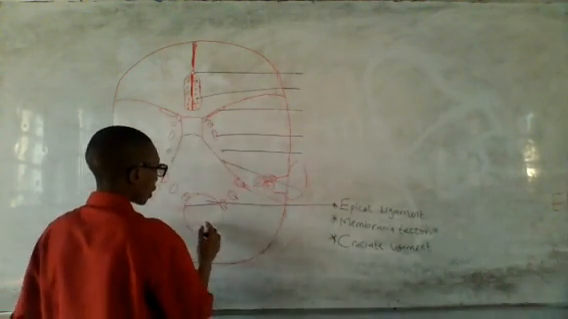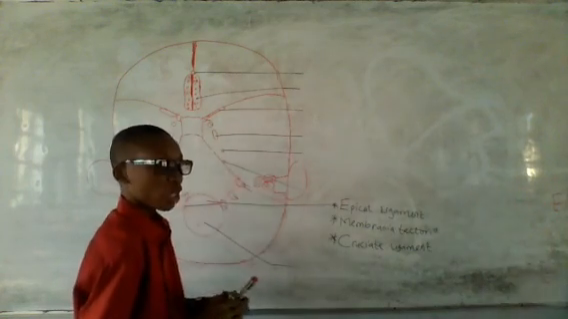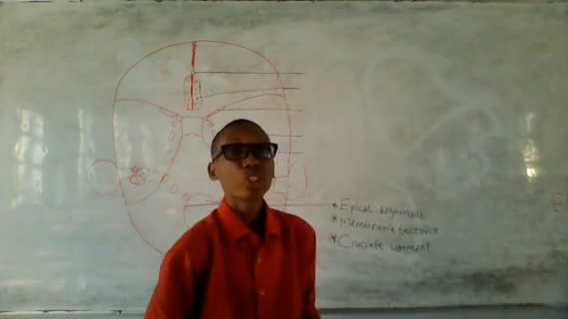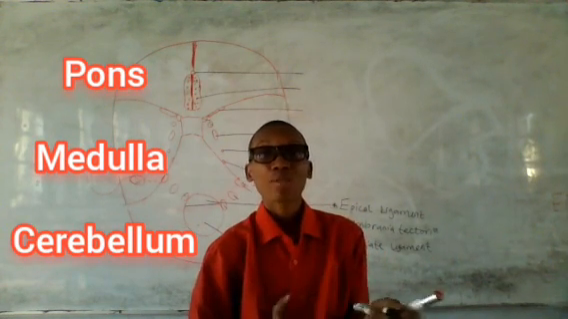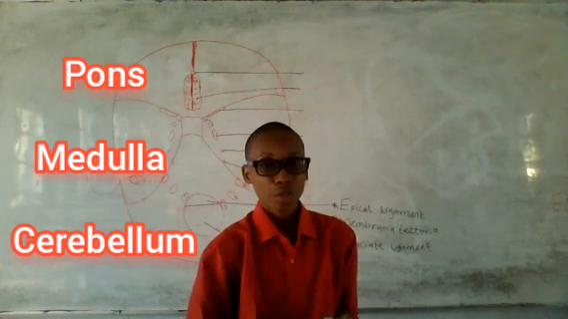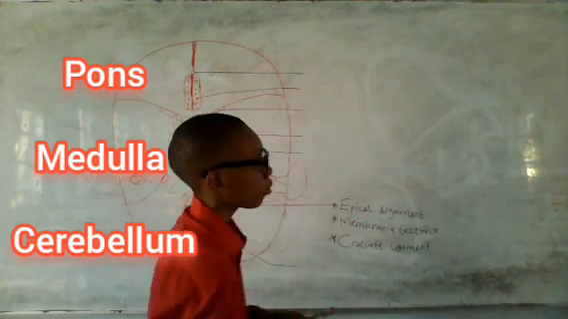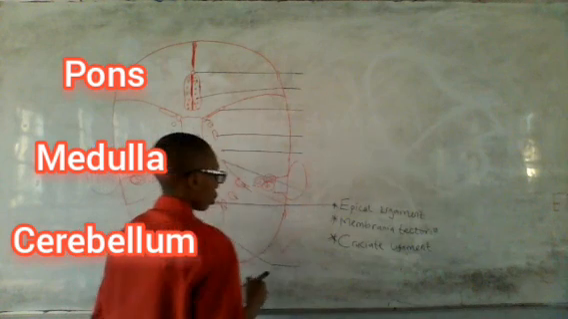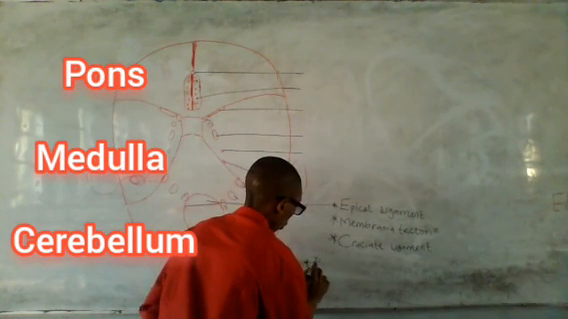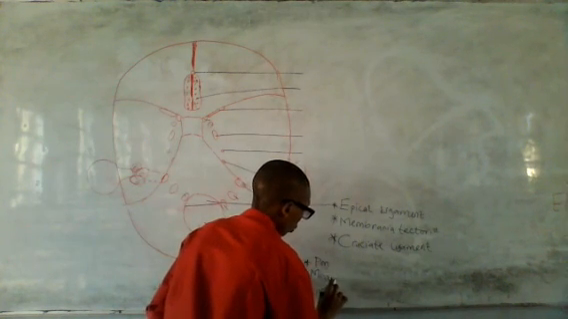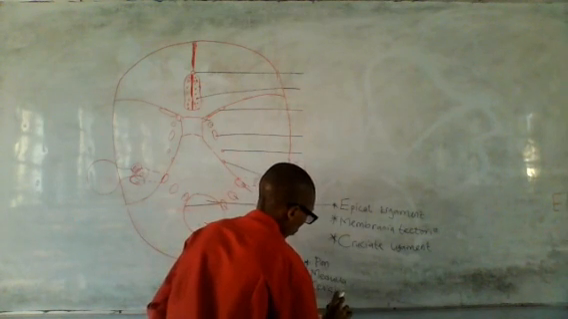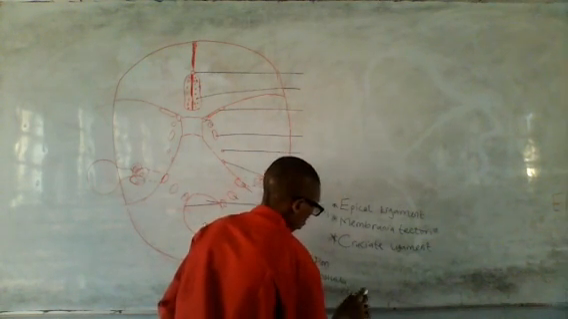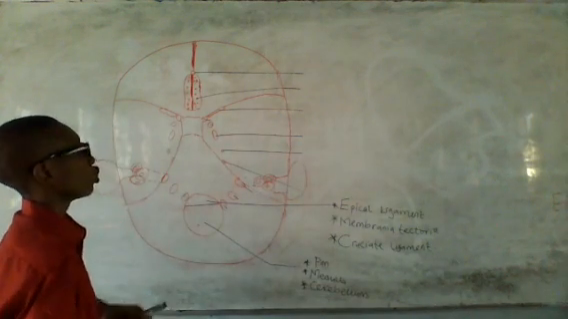For the posterior compartment, the structures that pass through it are usually the structures of the brainstem. And what are the structures? We have the pons, we have the medulla, and the cerebellum located in that part. So one of the structures is the pons, and the medulla of the brainstem and the cerebellum. So these are the structures that pass